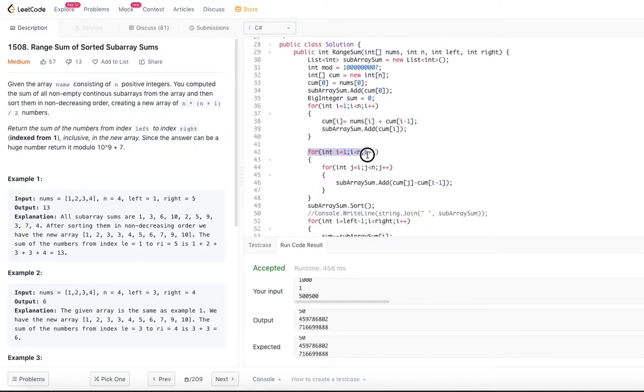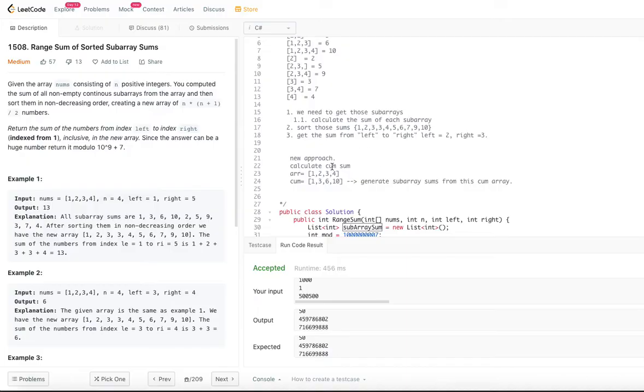So we will be going through the cumulative array, right, and generating those subarray sums and adding them to the subarray sums, just like we did in the previous example, right? Whatever the logic that we looked at. If we want to get the sum for these two numbers, it's 10 minus 3, the sum so far, right?